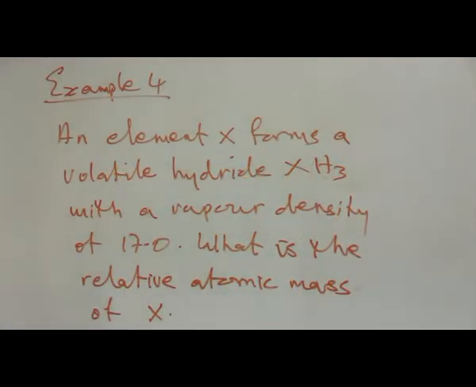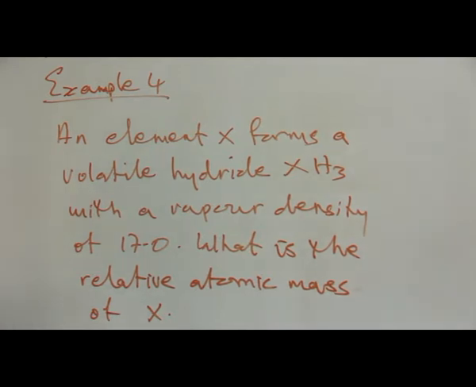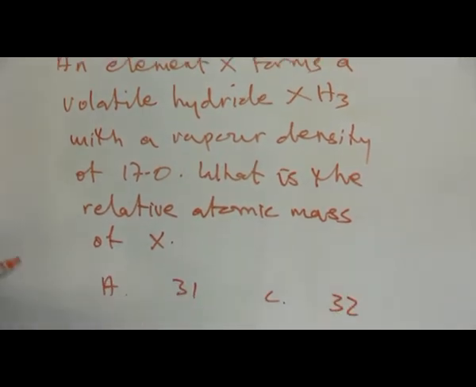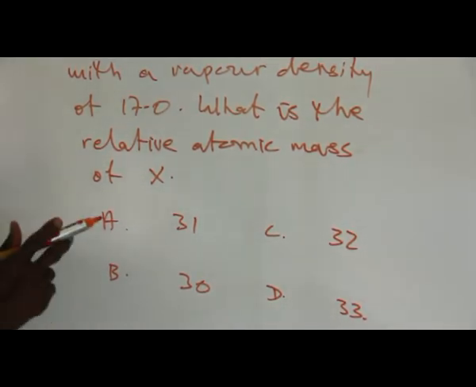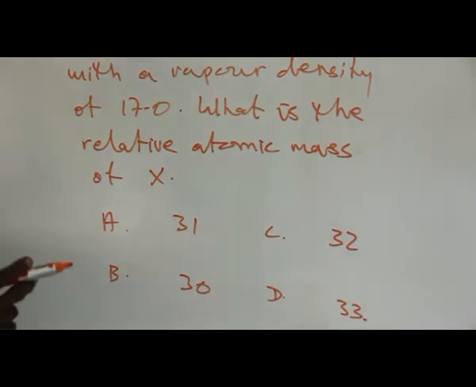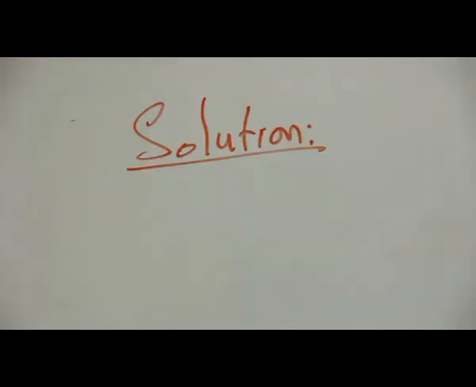Let's consider the fourth illustrative example. An element X forms a volatile hydride, XH3, with a vapor density of 17.0. What is the relative atomic mass of X? Now the options are A. 31, B. 30, C. 32, and D. 33. I want us to recall that